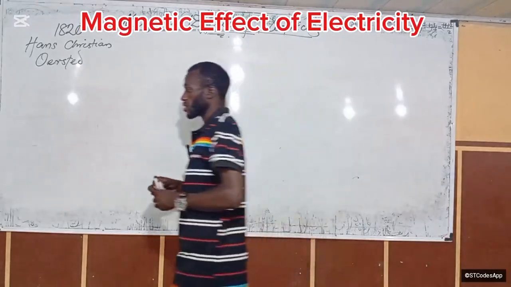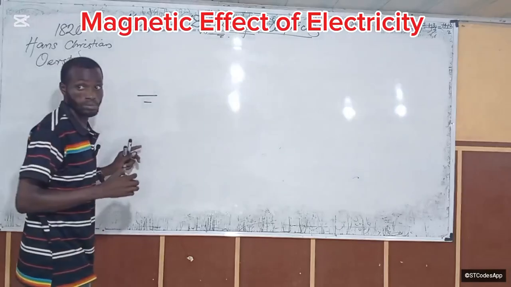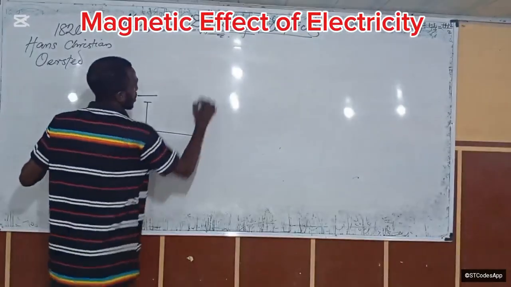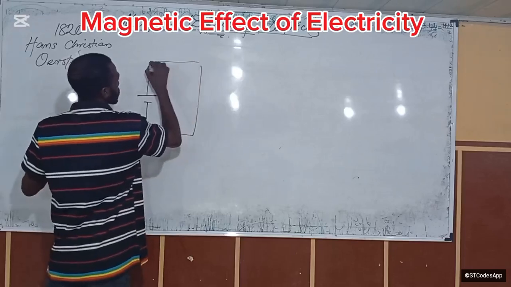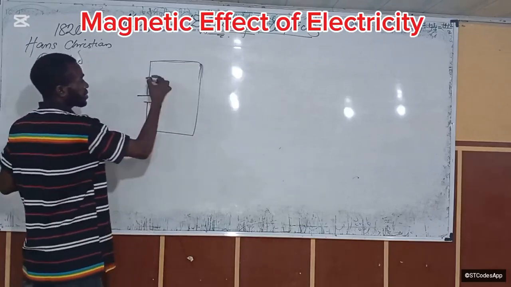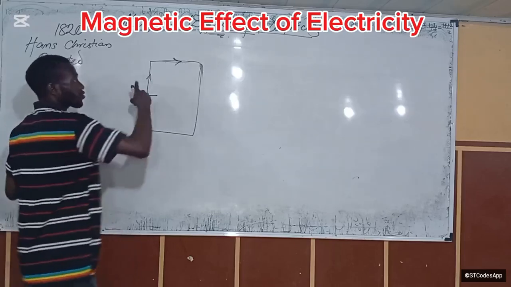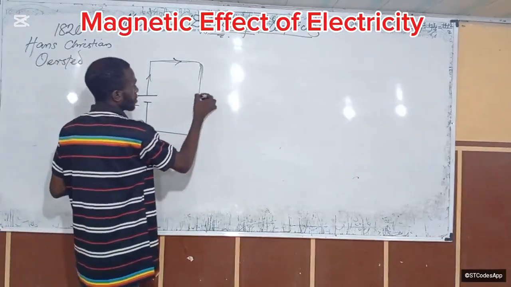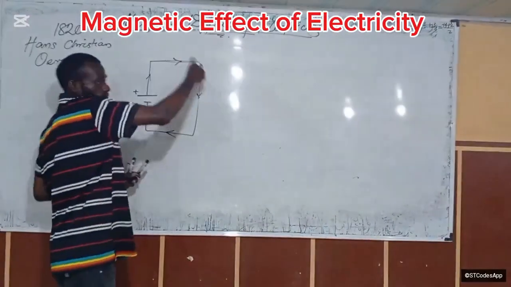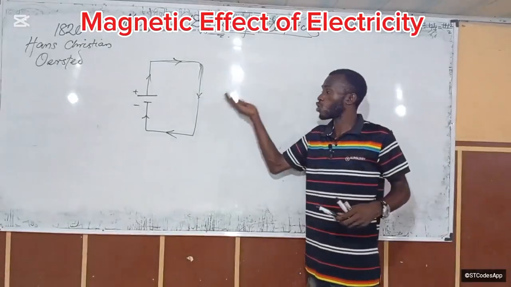Is that okay? So this was the idea that if I have my cell here, my battery, is that okay? And I have this loop of wire. This is just a conductor. Where will the direction of current be? Up here, this positive end, and this negative end. So current is going to flow in this direction, right? Down here, in this direction here, and up here, right? Good. So current was running like this in that experiment,